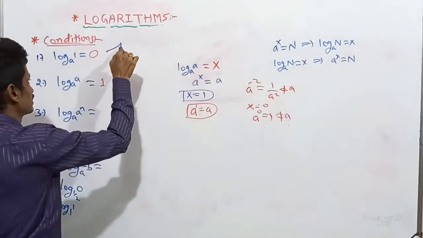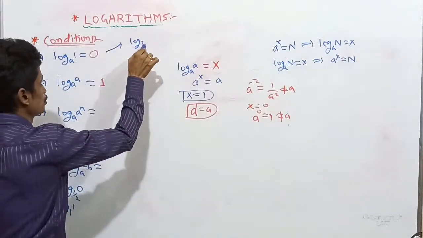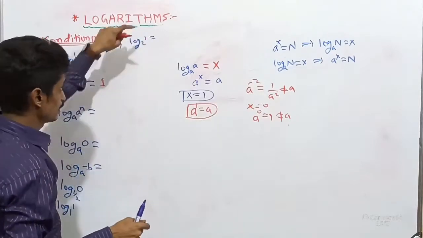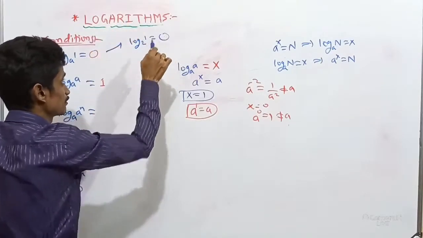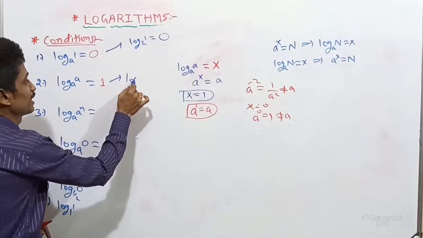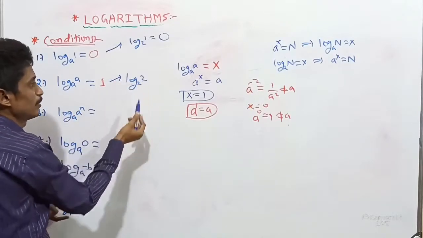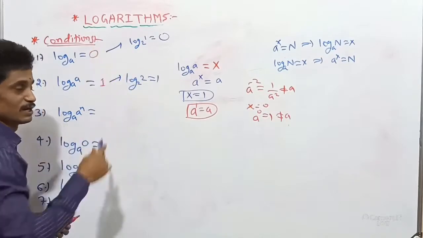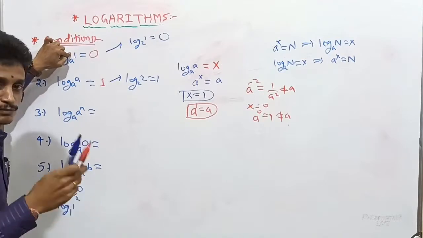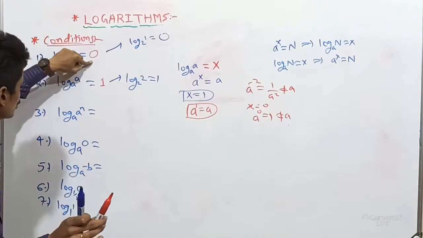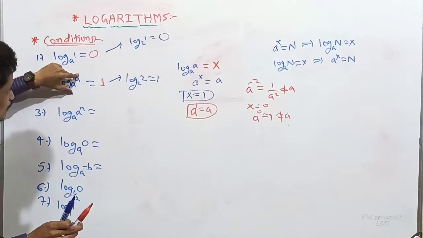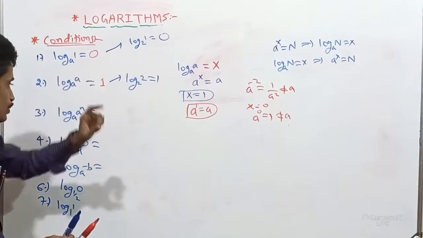Example for this one: log 1 to the base 2, the base is a positive number, the number is 1, that time the answer will be 0. Example for the other one, same bases, log 2 base 2. The answer is always 1. Just keep in mind, log 1 for any base, the answer is 0. Log of same base as well as number, then the answer will be 1.